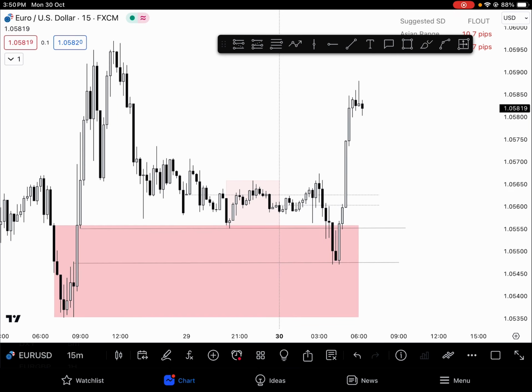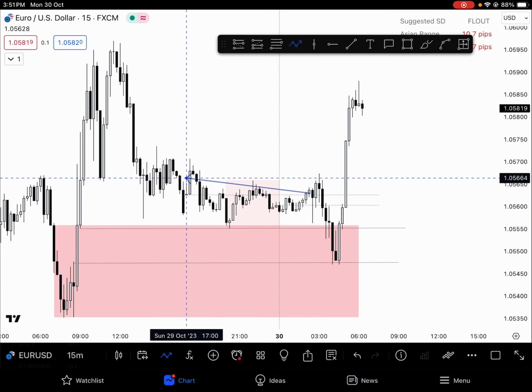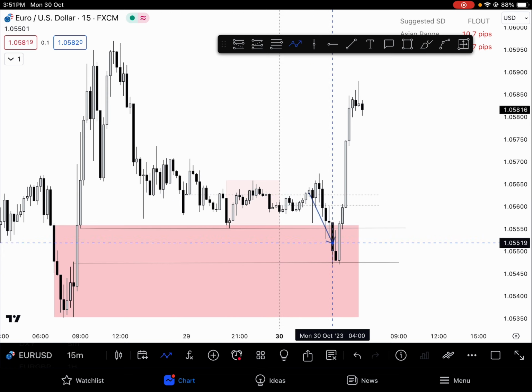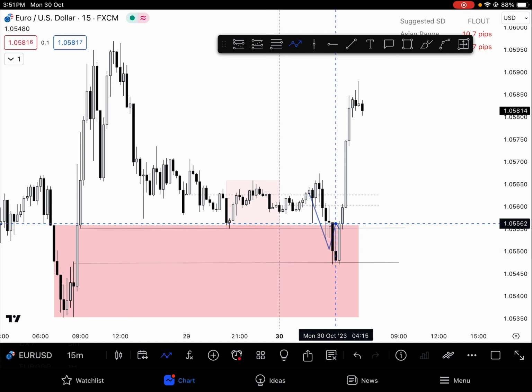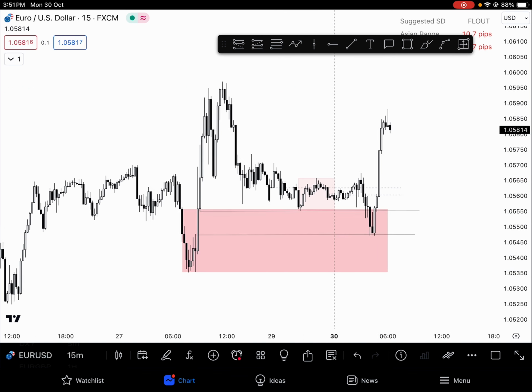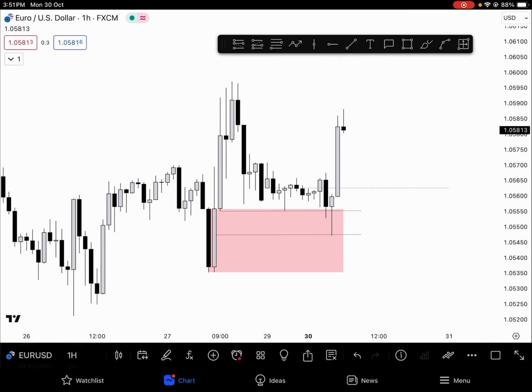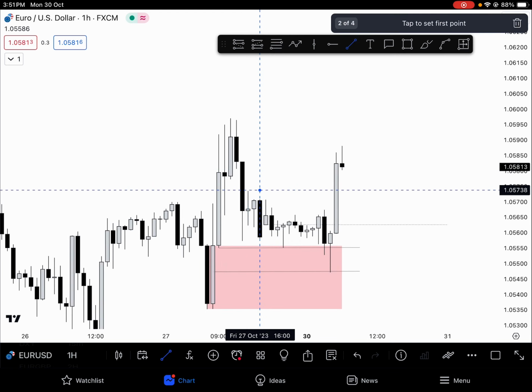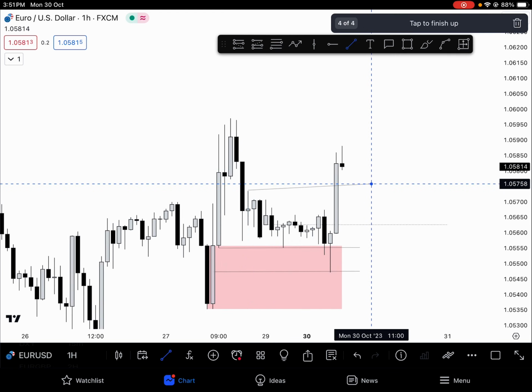The idea was that price should take out these lows, this range, and it will come and tap this fair value gap, and it will target these highs. Now the TP was, if you go and see the 1 hour time frame, we are tapping the 1 hour order block, so we basically will target the 1 hour fair value gap also. So this is the 1 hour fair value gap.